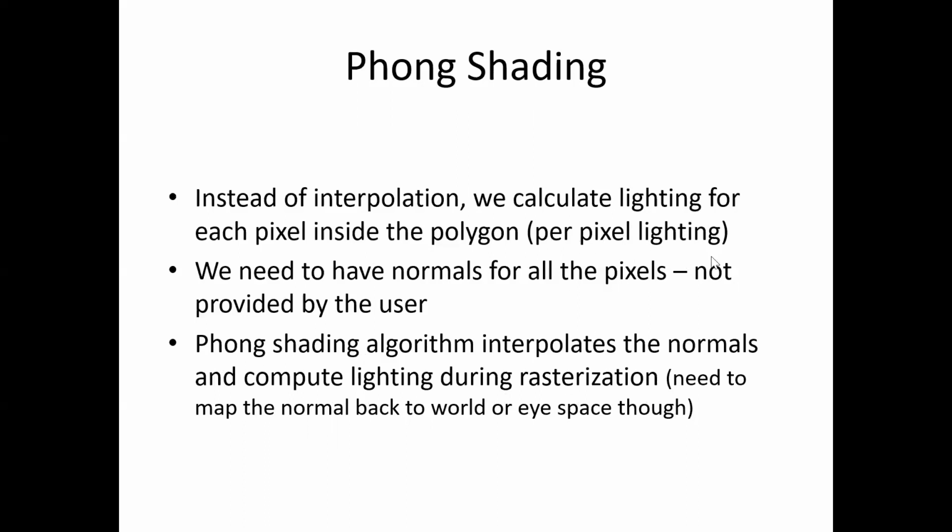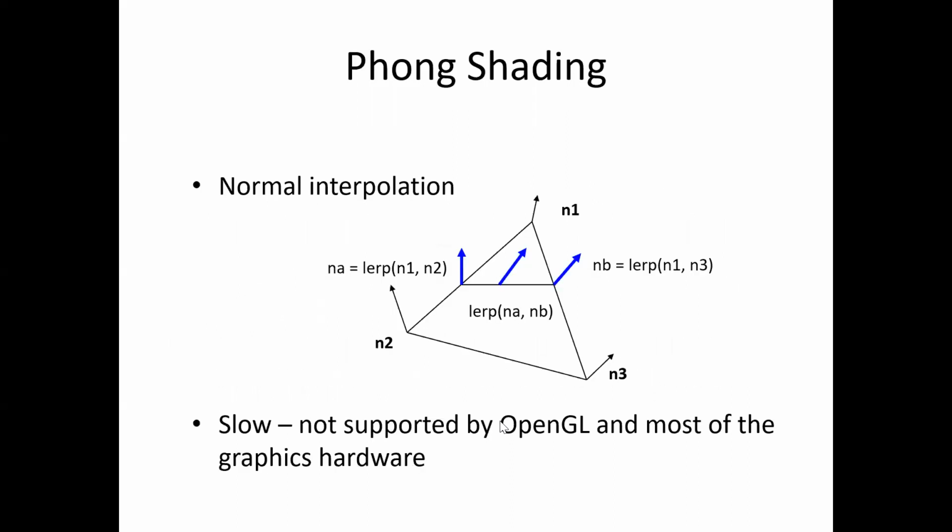From this narration you must have understood by now that for every polygon, it is going to consider per-pixel lighting information. But it is obvious that it takes a lot of time to give a correct appearance of the object in the process of rendering. So the actual task of rendering is much slower if we apply the Phong shading model, because it needs to map the normal back to world or eye space.